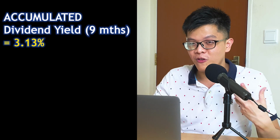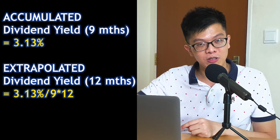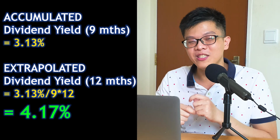Okay, and I must stress again, this is just estimated, this is not the actual calculation because of the complicated math behind it. I don't want to bore you all, but just take it as 3.13% over 9 months. So if we extrapolate this over 12 months, I just need to take 3.13 divided by 9 months and then multiply by 12 months, I'll get my estimated 12 months yield to be 4.17% dividend yield, which is not too